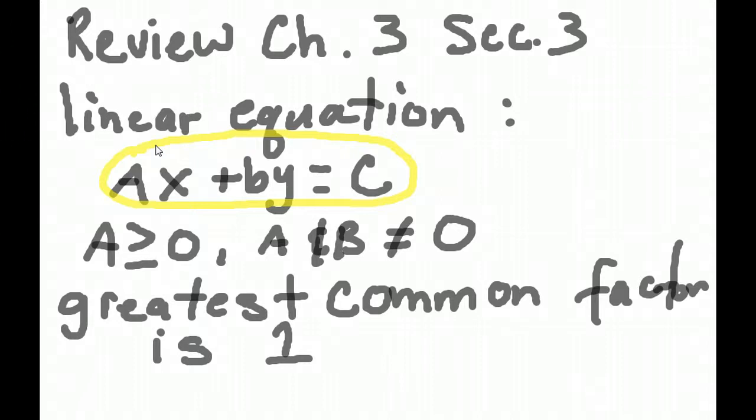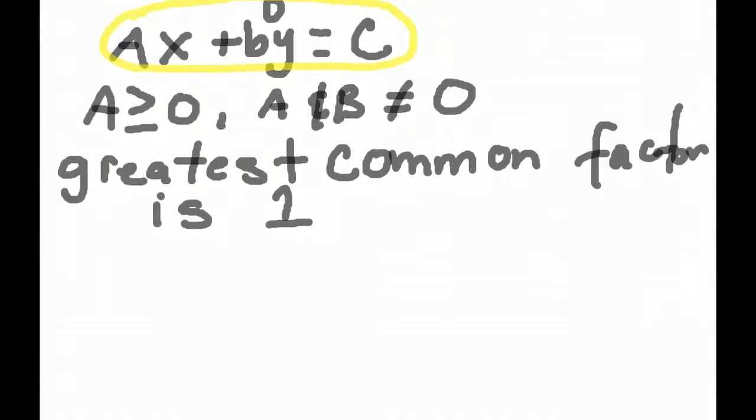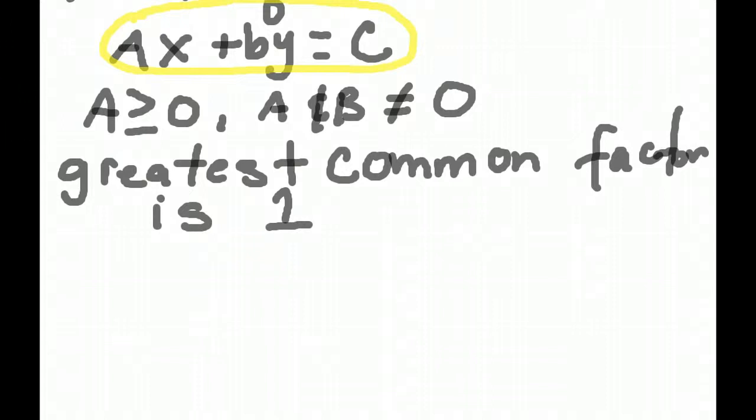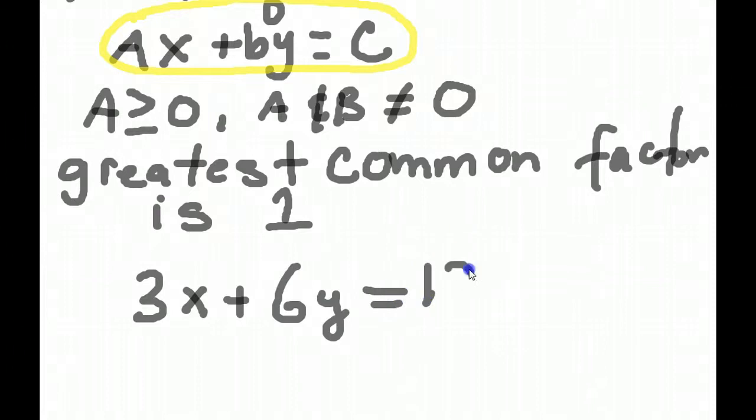So if you have something like 3x plus 6y equals 12, the greatest common factor of these three terms is 3, because you can pull a 3 out. So you'd end up with 3, open parentheses,